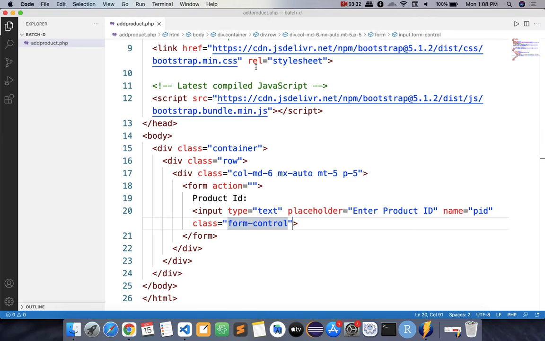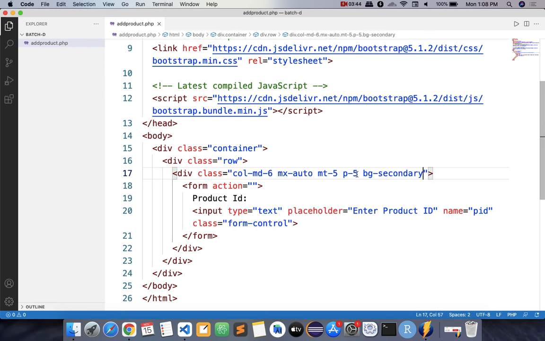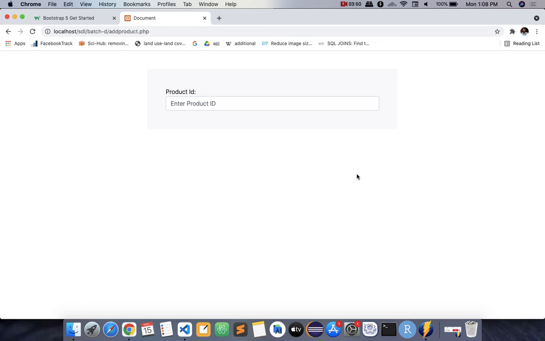Done. And then to beautify this, I'll provide one predefined background. Suppose bg-secondary, right? Or if you want any other, you can give bg-light. Light background is there. Done.